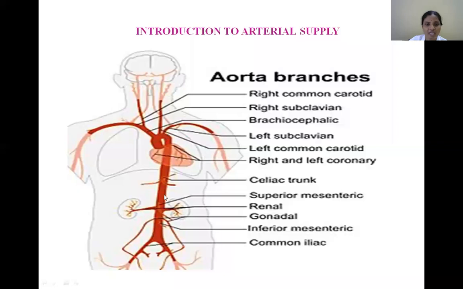Then the descending part, the part present in the thorax, supplies the thoracic region, whereas by piercing the diaphragm, it enters into the abdomen as the abdominal aorta. So the rest of the body is supplied by this descending aorta. With only the term aorta, we can tell how the entire body is nourished by arterial blood. So what is that? Aorta: ascending aorta, arch of aorta, descending aorta.